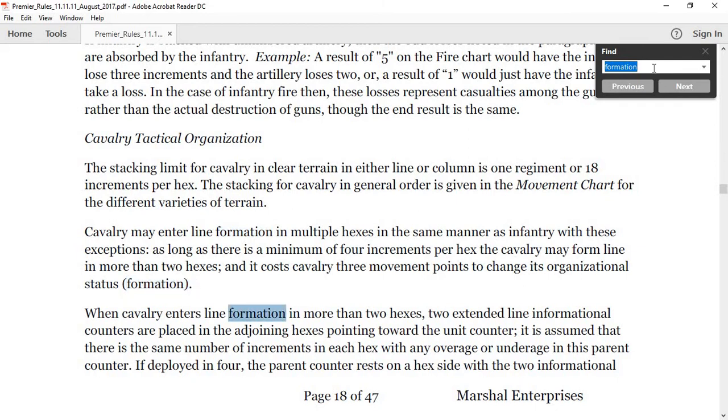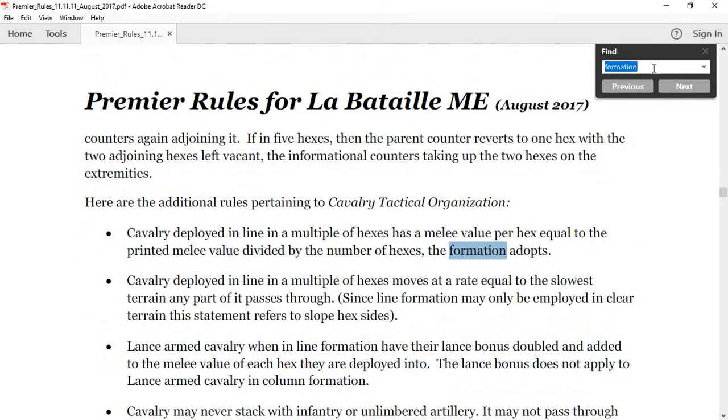When cavalry enters line formation in more than 2 hexes, additional rules pertaining to cavalry tactical organization apply. Cavalry deployed in line, multiple hexes. Since line formation may only be employed in clear terrain, this statement refers to slope hex sides. Lance-armed cavalry, when in line formation, have their lance bonus doubled and added to the melee value of each hex